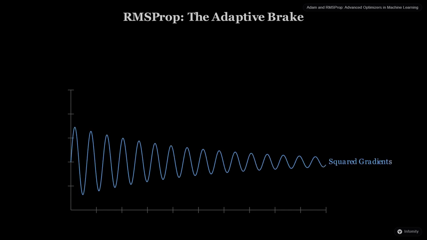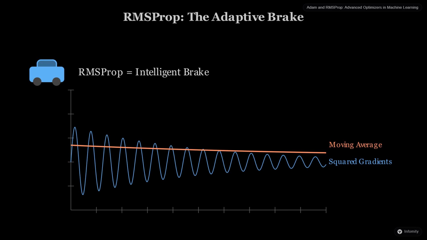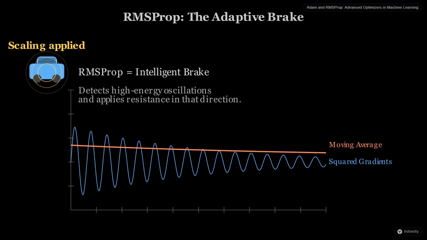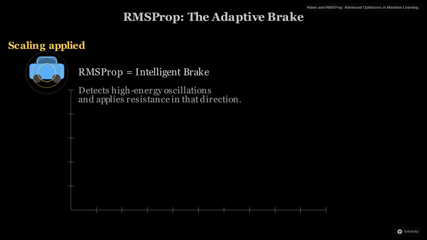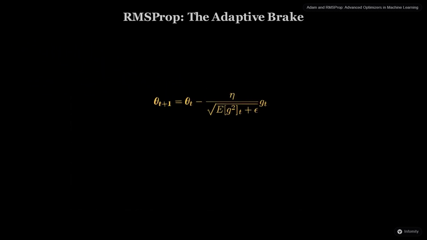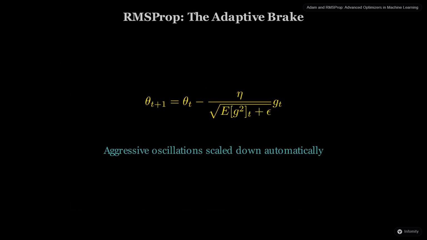Root mean square propagation, or RMSProp, solves this by keeping track of how much the gradient has been changing in each direction. It calculates a moving average of the squared gradients. Think of it like an automatic braking system on a car. When the car starts vibrating wildly up and down, the system detects the high energy and increases the resistance in that direction. By dividing the update by this moving average, RMSProp scales down the aggressive zigzags and levels the playing